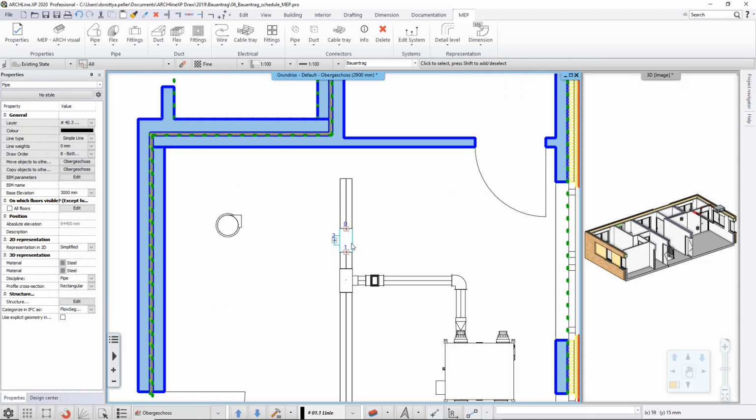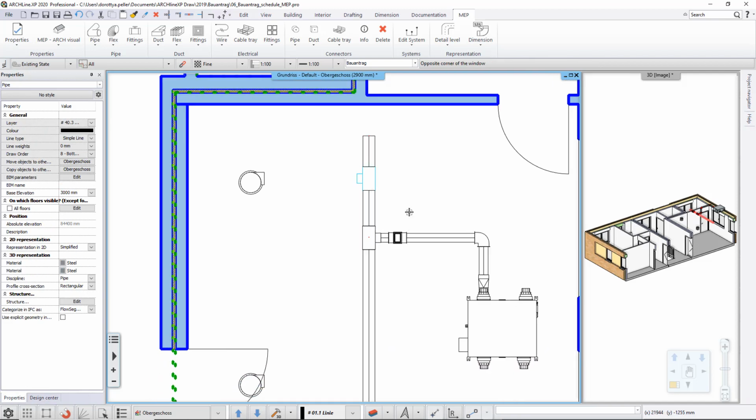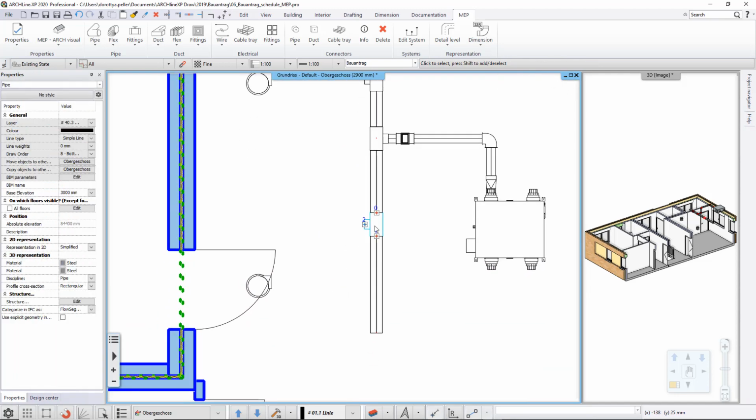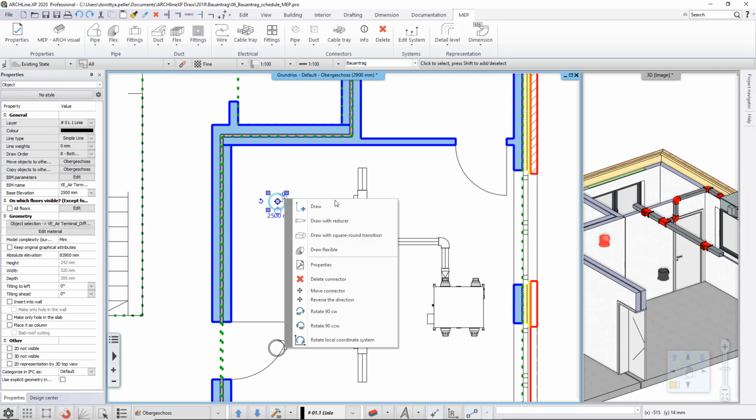First, I'm just going to position it roughly, and then when I move it, I can align it with the exact insertion point. There you go. And let's add another one. Again, positioning it roughly, and then I can just move it to the exact position. Adding this ventilation unit into the system is going to be done in the 2D. I select the ventilation,